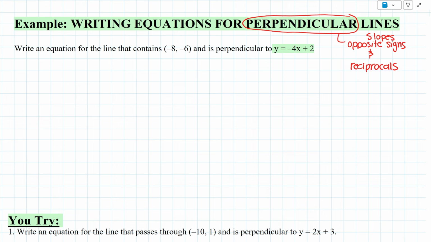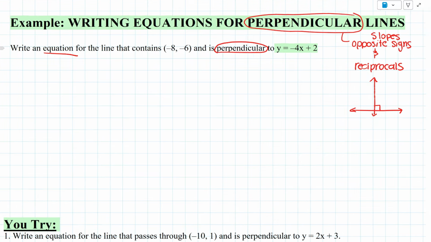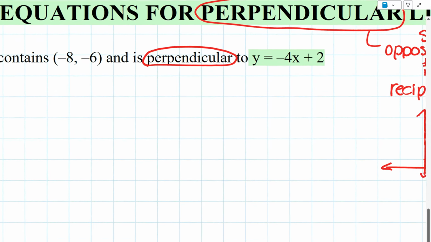So I'm going to go ahead and quickly sketch what lines look like when they're perpendicular. So they're going to intersect as stated, but when they intersect, they form a 90-degree angle. That's what makes these lines particularly special. So on here, I have an equation. I want to write an equation of another line that's going to be perpendicular to this equation here that's highlighted